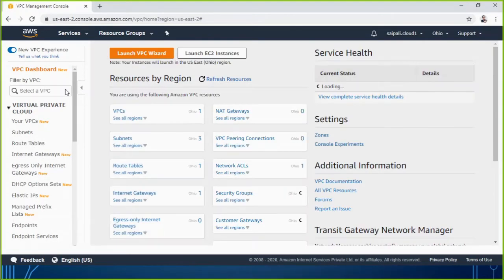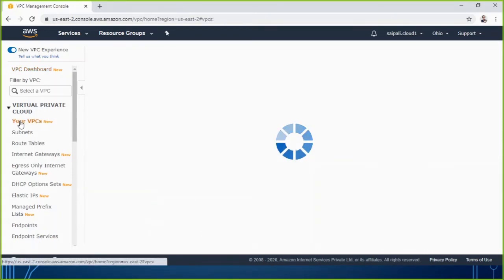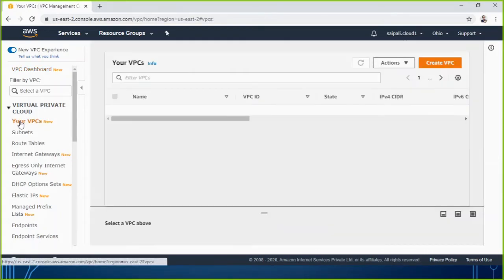Here by default you are going to see that there is one VPC. If you click on your VPCs, you are going to see that one VPC is already there. It doesn't have any name, and it is the default one. It is already created, because whenever you create a new instance, that instance is connected to this VPC, this network.